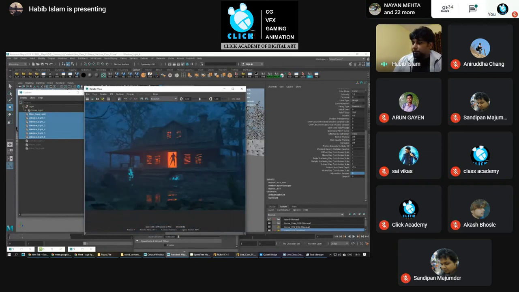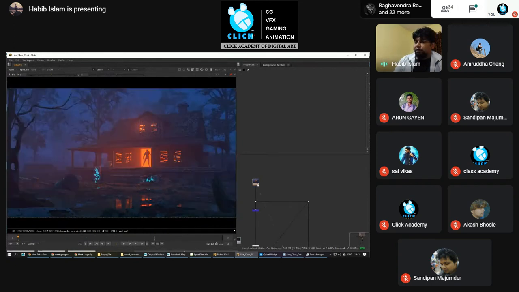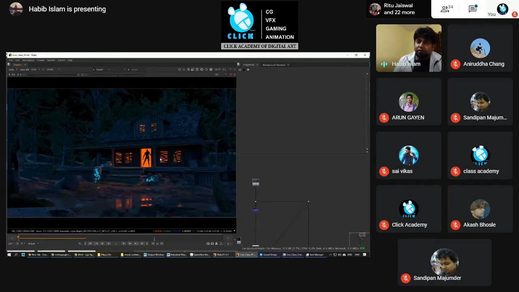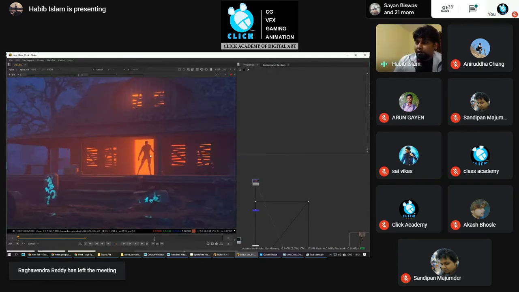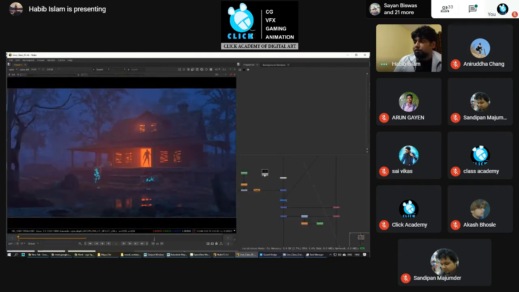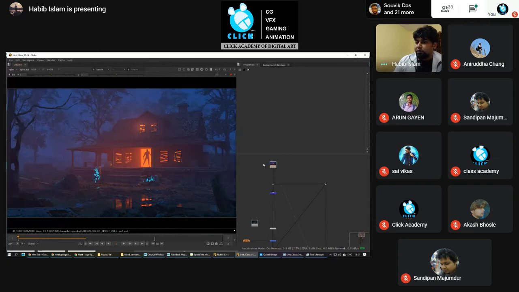So this is the lighting output. This is lighting with environment fog. You can see the difference. This is just after adding the environment fog. I wanted the output to be this kind of foggy and a little horror kind of thing. That's why I've created the environment fog like this. So this is without fog, with all the lights, and this is with all the lights and added fog. That is the difference between this and that. If you add fog, obviously your scene will look cinematic.